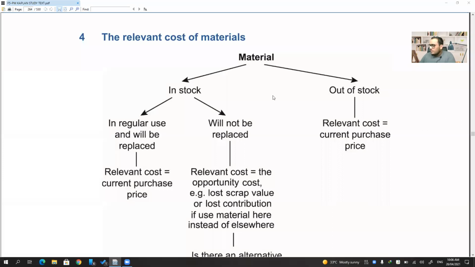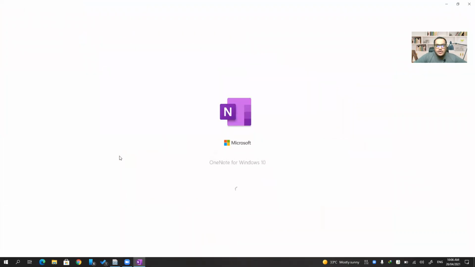So in the previous session, we discussed relevant costing and the future incremental cost definition. So let's finish that topic by furthering it and then finishing it off. Next one, what is the relevant cost for materials? For materials, they have given you a small graph, which I'll explain directly.